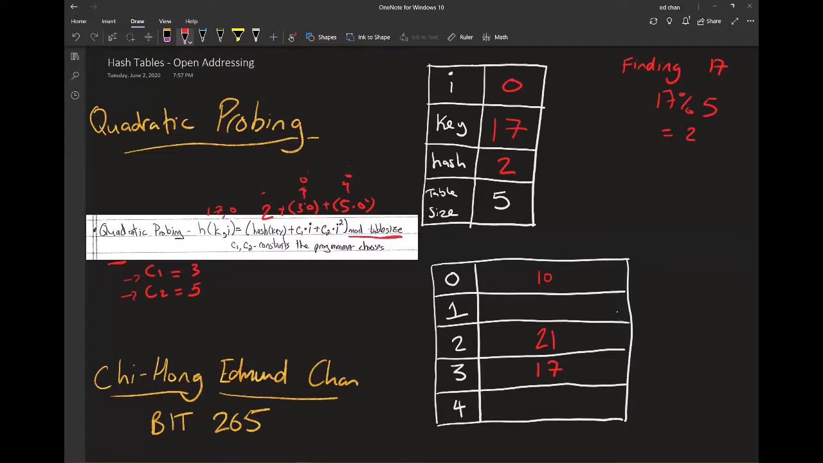And then we're going to do one more thing where we mod by the table size so that we get a value that's going to be within the table. So we're going to do 2 mod 5, which leaves us with 2. Check the index at 2. We notice that it's not 17, so we know that that doesn't work, and therefore we're going to increment i by 1. So now i is 1,